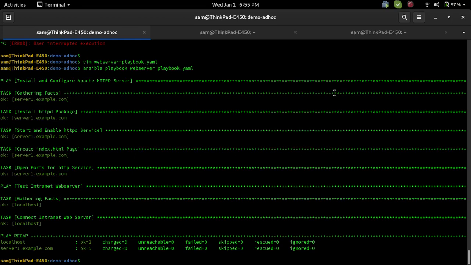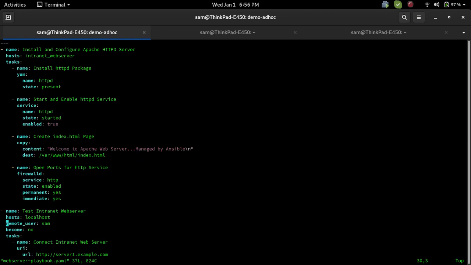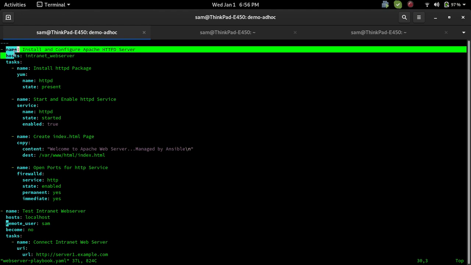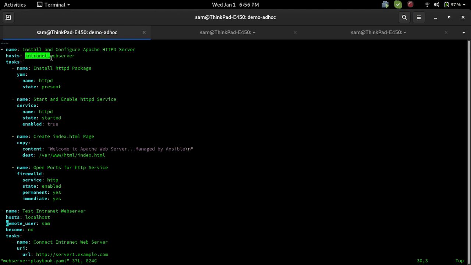In my previous video you have seen how you can write multiple plays inside a single playbook. So let me open the file which I created for you previously. In this web server-playbook.yaml we have two plays. One is called install and configure the Apache HTTPD server. This is the first play, which is going to be run on my intranet web server, and the second play is